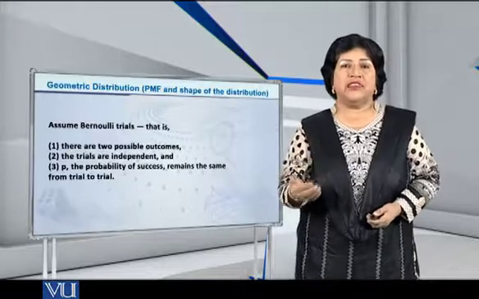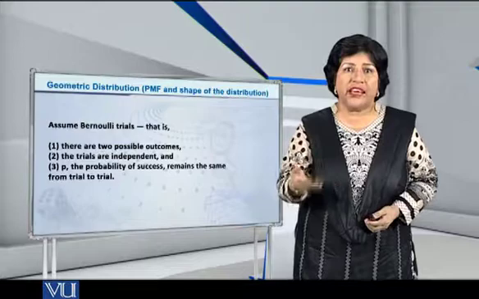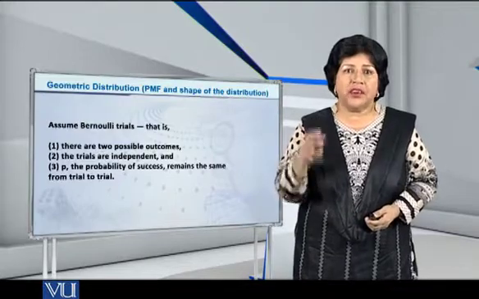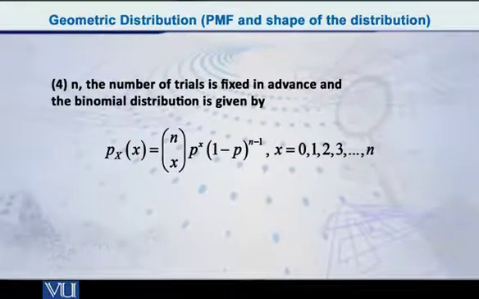The third condition, small p, the probability of success remains constant from trial to trial. And the fourth and last condition, that n, the number of trials, is fixed in advance, yani prior to the